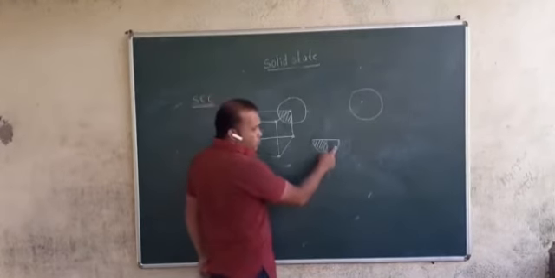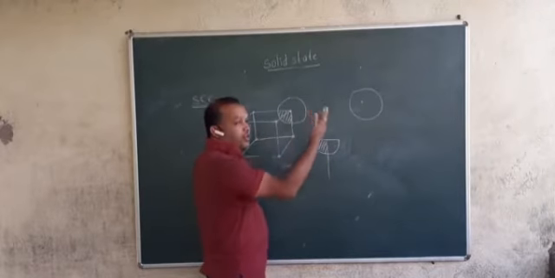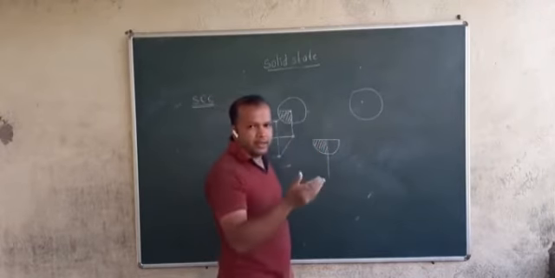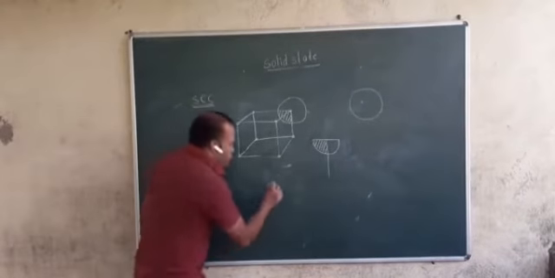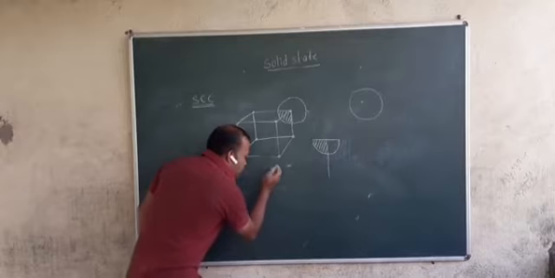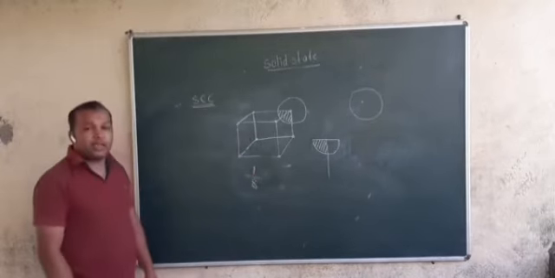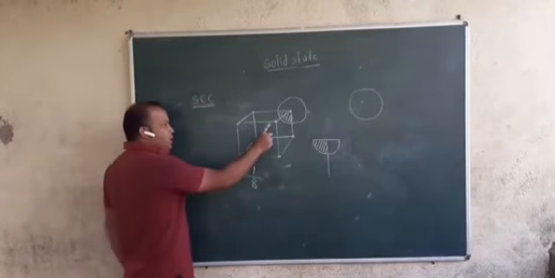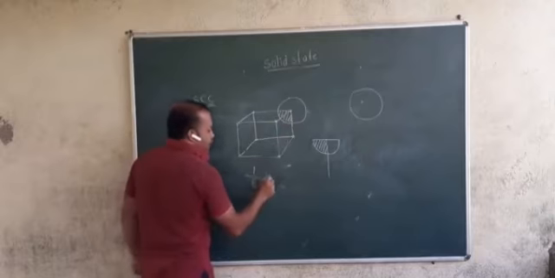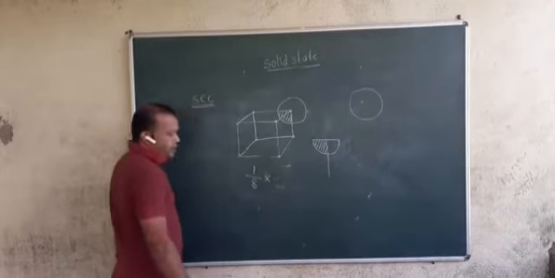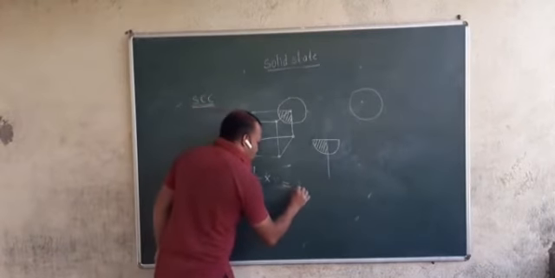1, 2, back third, then fourth, and the rest half circle, fifth, sixth, seventh, and eighth. So it will be only 1/8 part. And like this, how many constituent particles are there, students? 1, 2, 3, 4, 5, 6, 7, 8. So total 8 circles. So 1/8 of 8 will be 1.